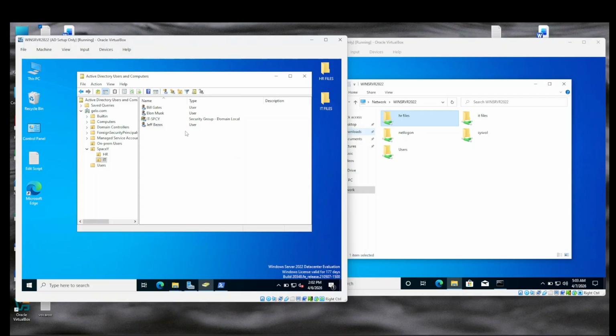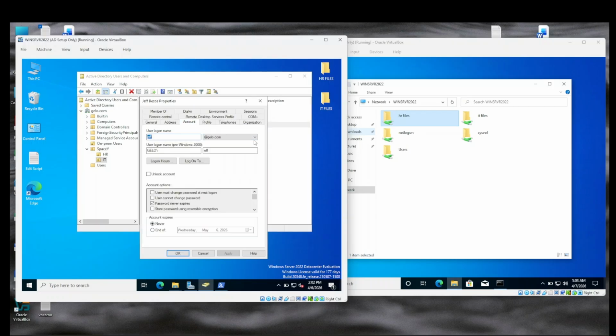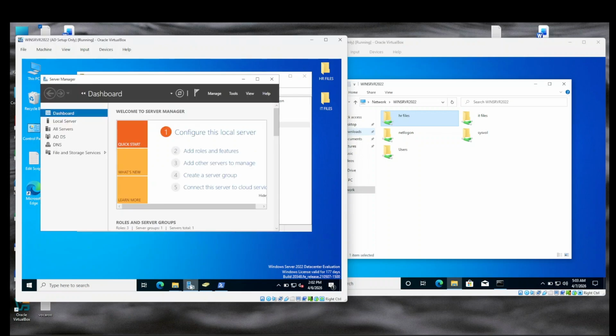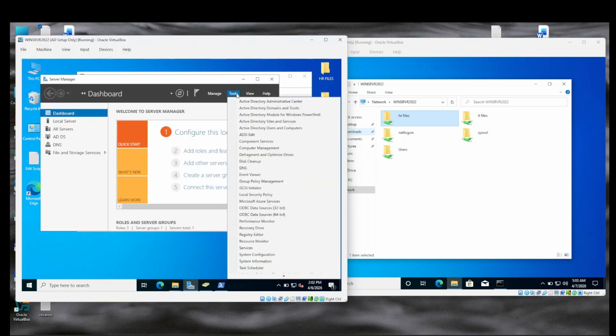But first of all, if you look at this account, the domain that they use is jello.com, and there is no option here to update the domain. So what we're going to do is add a UPN suffix in the domain trust.